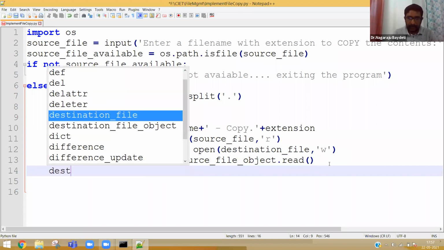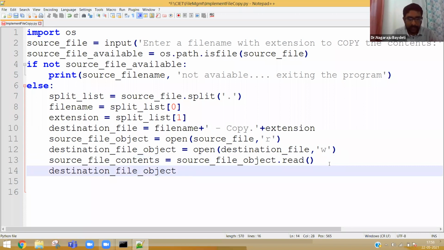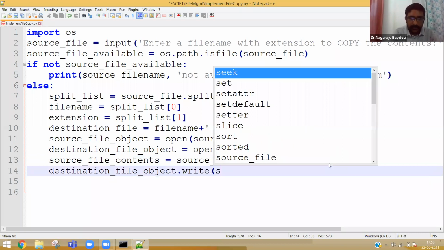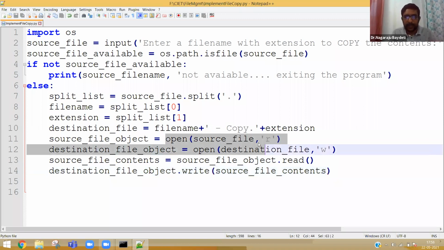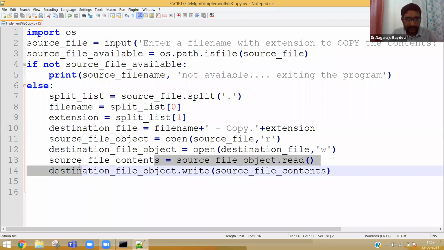So through the destination file object dot write, what you have to write? Source file content. See, the way I am writing the variable names looks like English only. Open source file in read mode, open destination file in write mode, get the source file contents by reading the source file, then write into the destination file the source file contents.